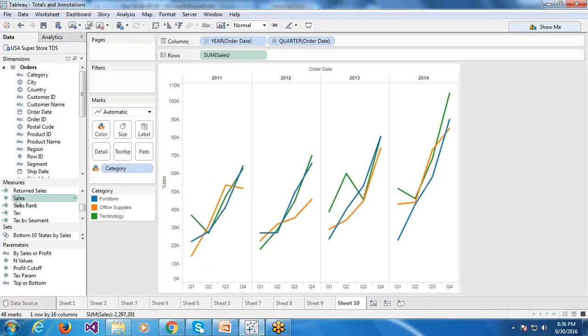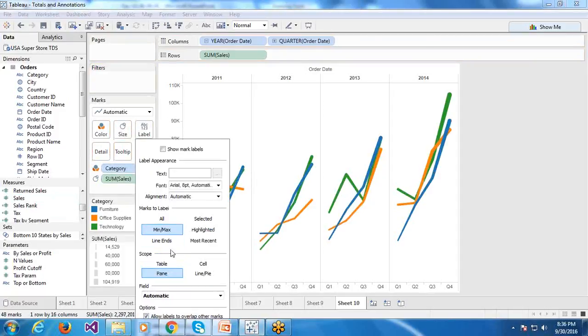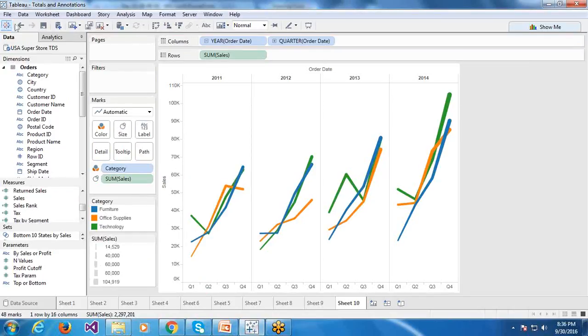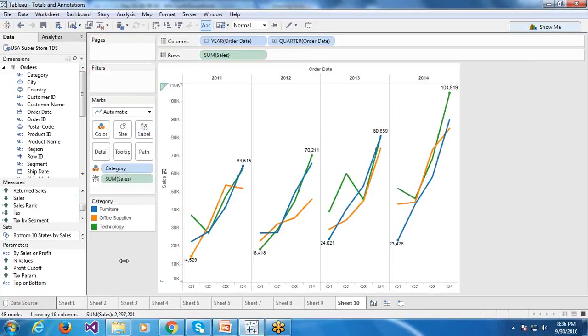There is no label. If you select minimum max only, what happened? Oops, I dropped it somewhere else. See, it is showing minimum max within pane. Means in 2011, this is minimum and this is maximum.